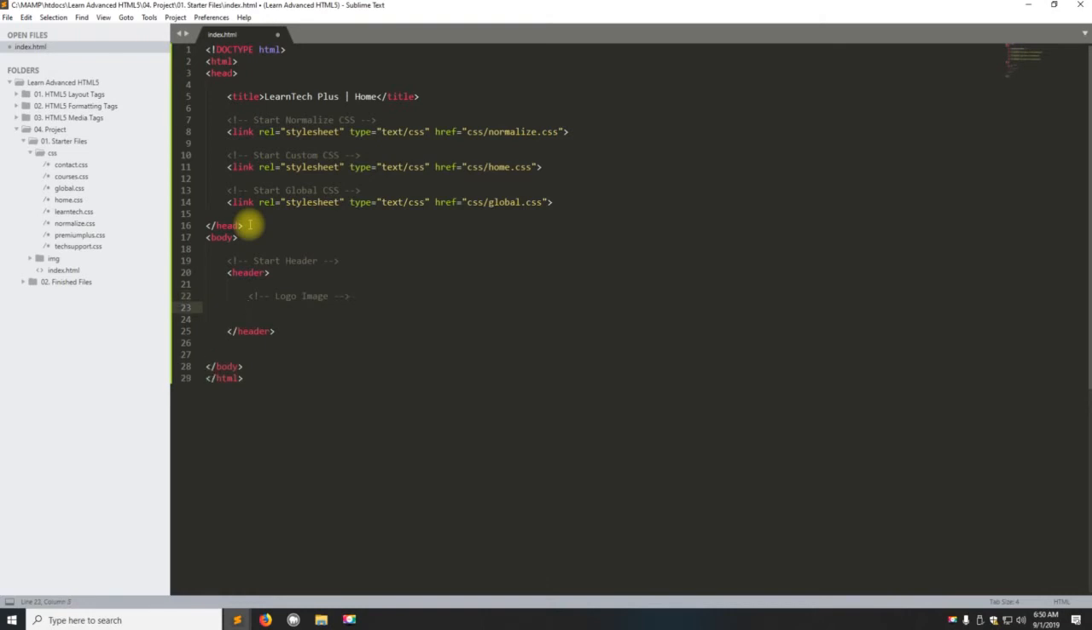Okay, so we're going to do image ID, ID logo, src, and it's going to be img/logo.png. Okay, and then I'm going to return, and let's do start nav. I'll do a navigation,